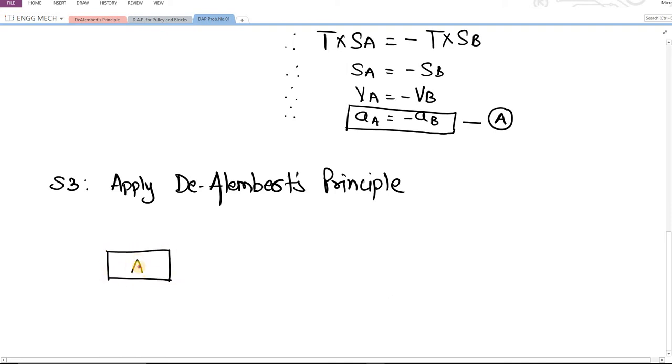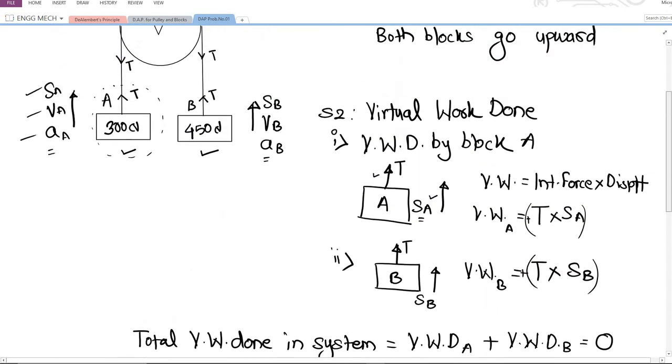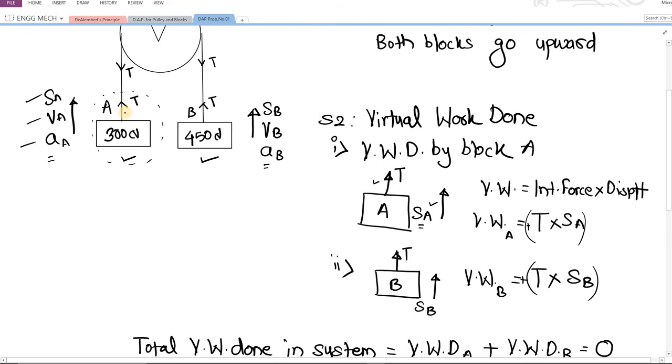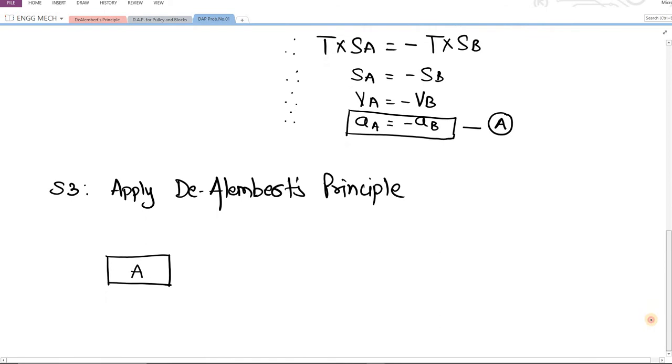When we are drawing the FBD, we have to make sure that every force regarding that specific block is there. Now when we are talking about block A, what do we have to consider? See, let's go to the original diagram. We will be considering tension and the self-weight. Two forces are there, and also remember that the direction of motion is upward, because whenever we are applying D'Alembert's principle, we not only mention the forces that are acting on the body, but also make sure what exact direction they are moving in. Therefore, this is the tension force.